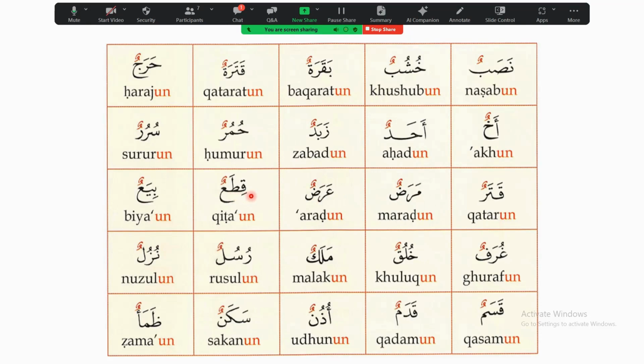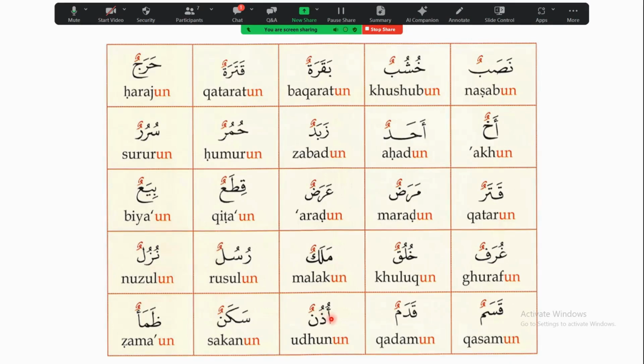قطع قطع. The first two letters are heavy. The last one is a letter of the throat from the middle portion. So we say قي قي and طا. قطع عن at the end. قطع بيع غرف خلق ملك رسل نزول قسام قدم أذون سكن